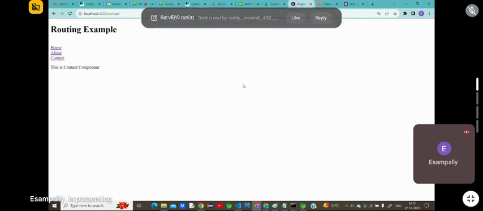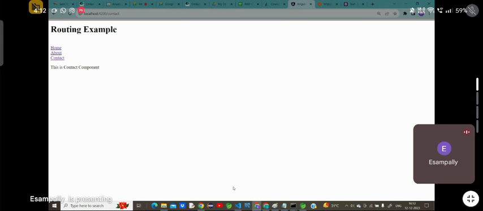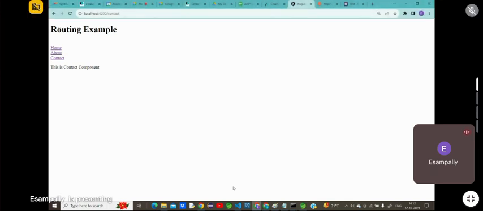Clear, everybody? I will take another example, a CRUD application. Okay. I can implement the nav bar even here also, no problem. So I thought to